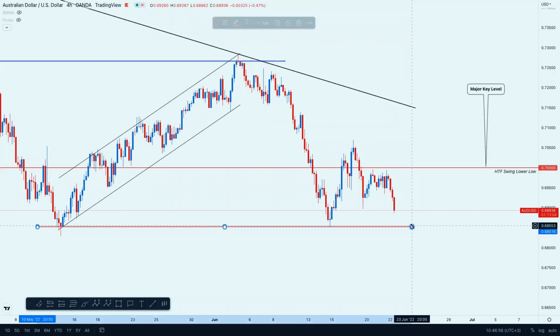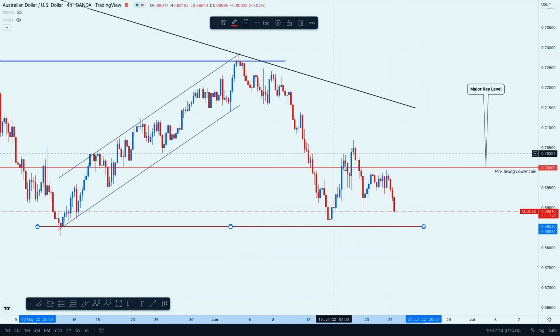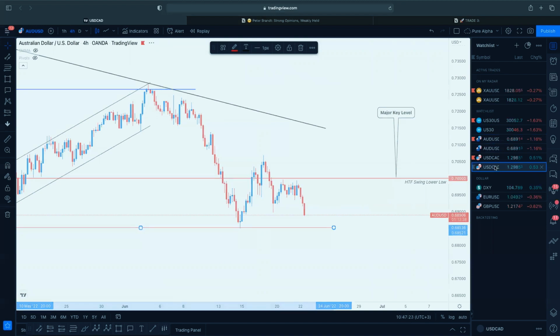So the next level I'm watching is this support, just to see how the market will respect it. There's a high chance the market will break it. Remember, the dollar is in a strong uptrend, so across the board many pairs are weakening against the dollar, and this one is one of them, and that's what you're seeing here. So this is a clear analysis. I believe we can get a break below this level, but anything can happen in the markets, so I'll be watching that as well. Okay, and last but not least, my USD CAD.